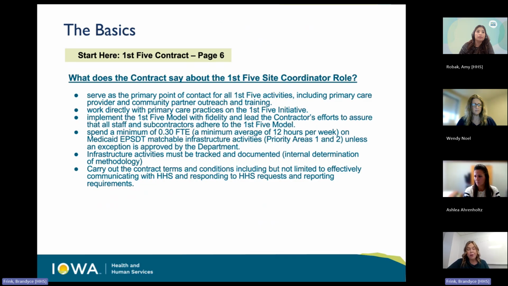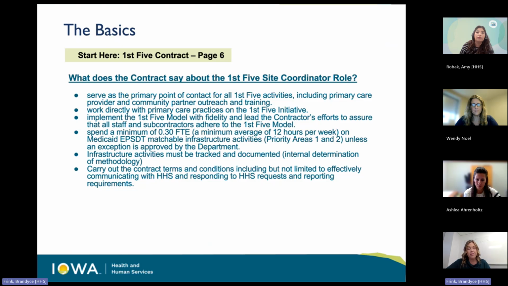You work directly with primary care practices on the First Five initiative. That also includes working with individual primary care providers and office staff in the primary care clinics. So you could work with office managers, care coordinators internally, social workers in the practices, patient service representatives, which are called PSRs, that do some of that coordinating on the front end of clinic operations. You are the person that works directly with that population of primary care individuals and professionals on behalf of the